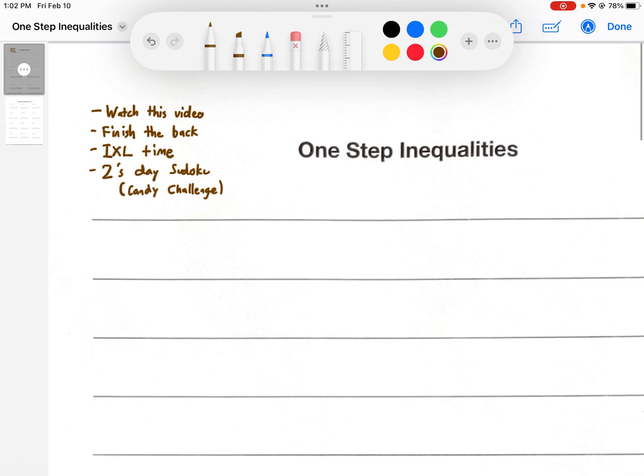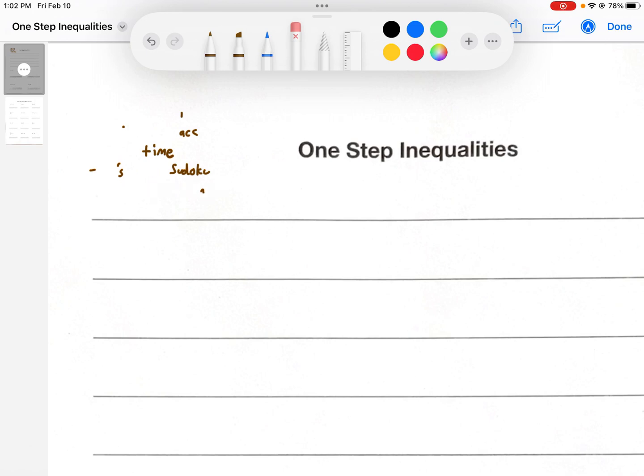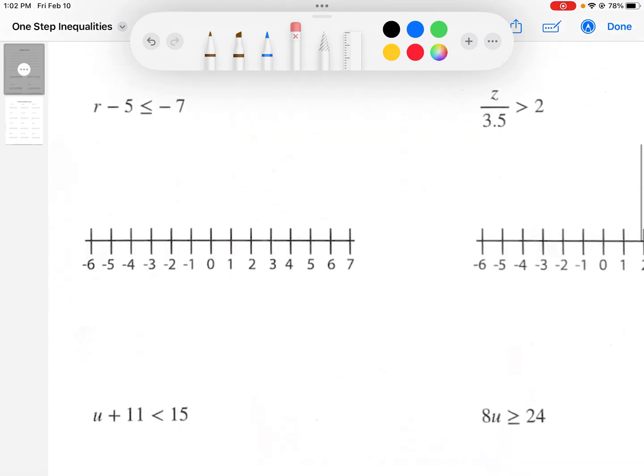So as far as what we're learning, you can see that it's called one-step inequalities. And that should look familiar. We've done one-step equations before. And as I move down, I hope you're going to see that these look a lot like one-step equations with a key difference that ultimately isn't going to change a whole lot for problems like this. So if you look at the first inequality here with r as my variable, you could probably solve